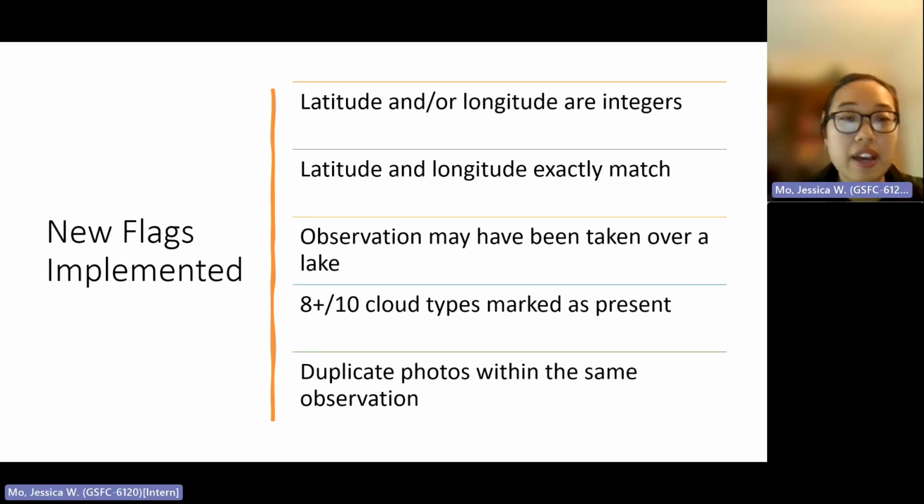So with all of that in mind, we implemented a couple of new flags. A few examples of these are, number one, if latitude and/or longitude are integers. This doesn't necessarily mean that this lat-long set is invalid. It just means that perhaps we might have to be a little bit wary about the accuracy of this data set. Since it is